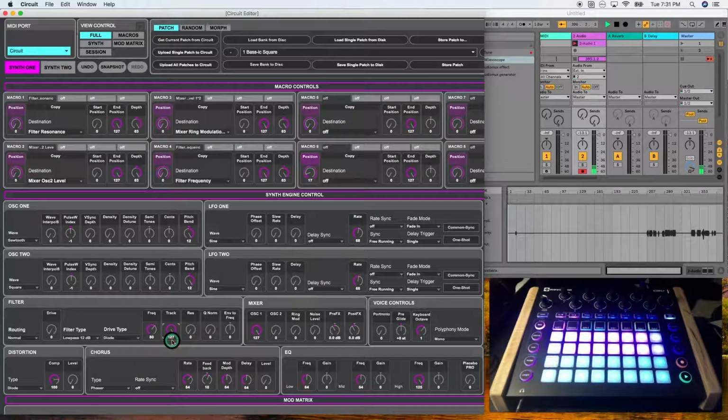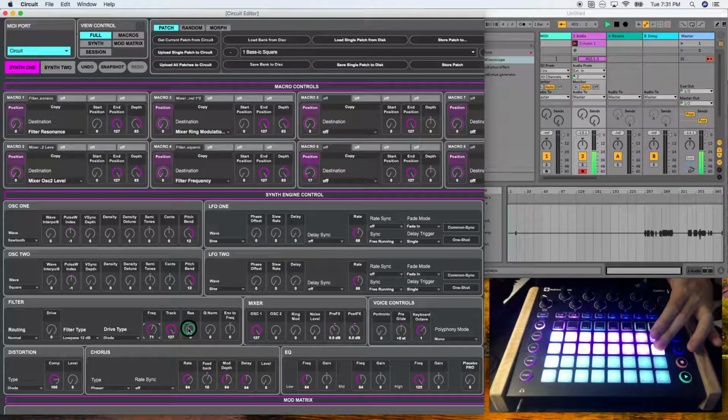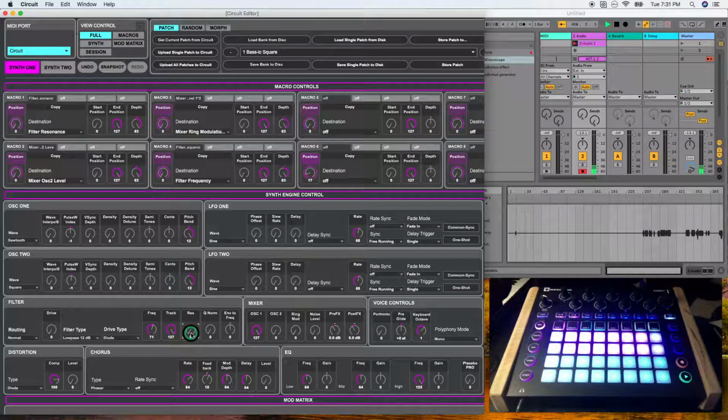Resonance accentuates the overtones of your oscillators. If I have the frequency at a moderate position and I turn up the resonance, you can hear the higher overtones. It starts to get real ringy at the top and really high-pitched and squealy.